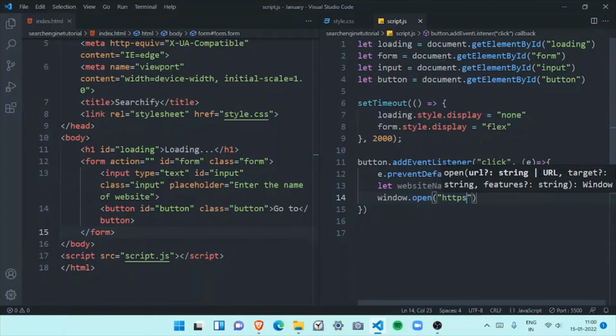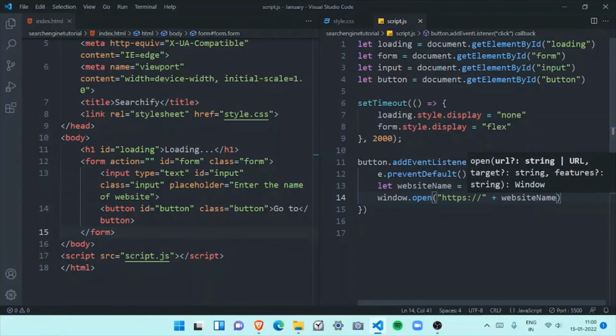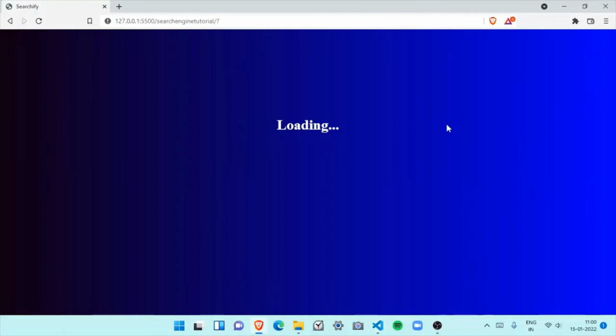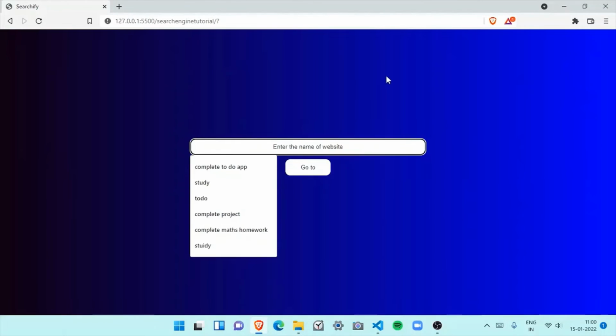https, which is the default address of everything that we search on the web, not hash but slash, https slash, plus I want to give the website name. So let's see, when I type